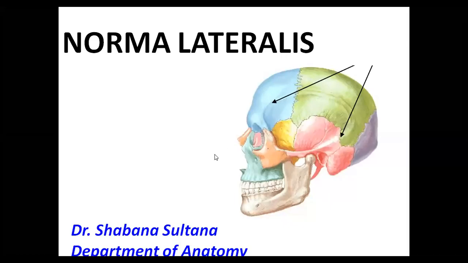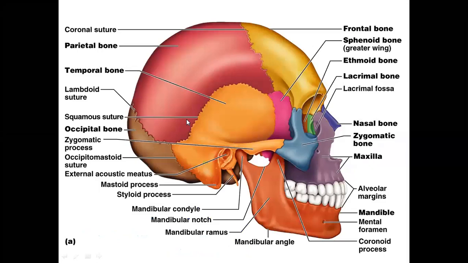Good morning, dear students. We are going to discuss the lateral view of the skull now. So that is the norma lateralis. After you have finished the norma verticalis, that is the superior view of the skull bone, and norma frontalis, now let us try to understand what we see on the lateral view of the skull bone. On the lateral view, I have used a colored picture so that you understand the clarity of each bone.